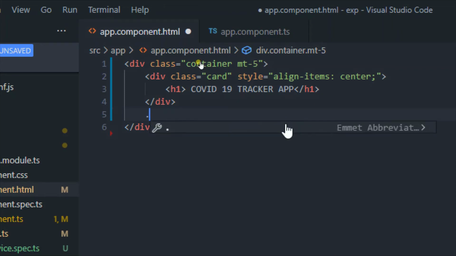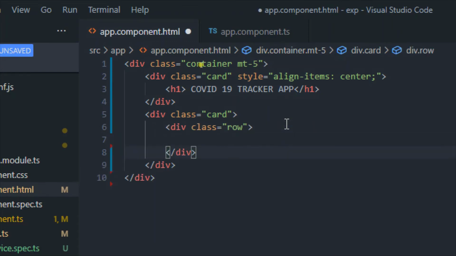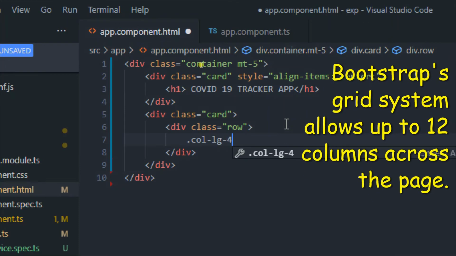Here let me create one class again. That class will be card, and inside this card I will take one row, and divide that row into 3 columns because we want to show 3 cards. So here we write .col-lg-4, where col means column, lg means large screen, and 4 means there are 12 grids in total and from those we want 4.